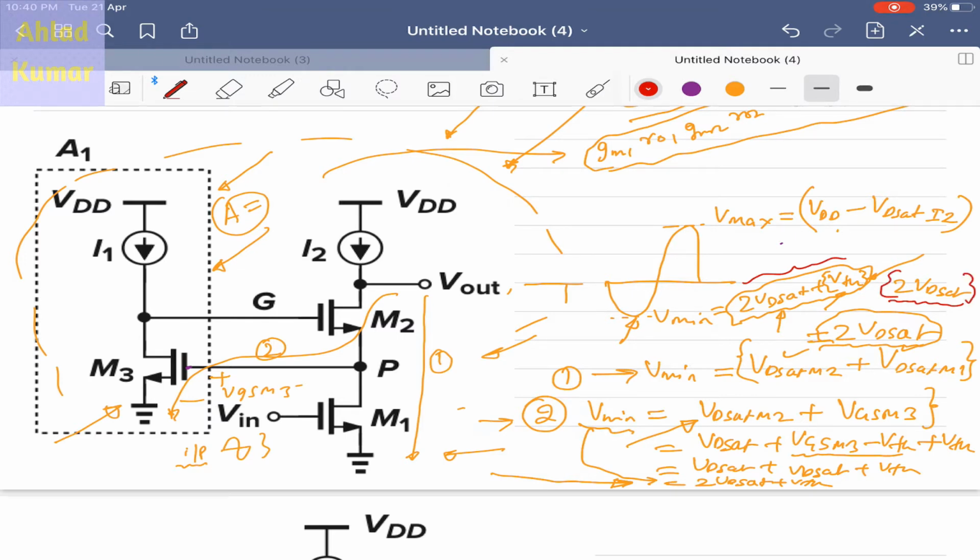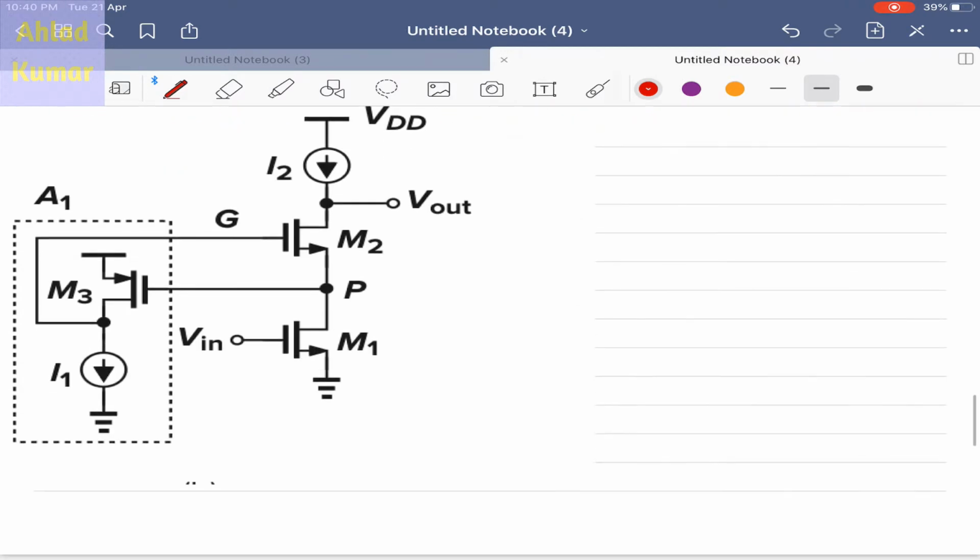In order to get this range, we will modify this amplifier architecture, and we will create this architecture which will give you 2 VD sat at the lower end. How is it possible? It's possible by the fact that this potential which is over here can now freely move, and this potential is VD sat of M1. Earlier it was not the case, but now it is VD sat of M1, which is also represented as VGS1 minus VTH1. You can represent both of them as equivalent.